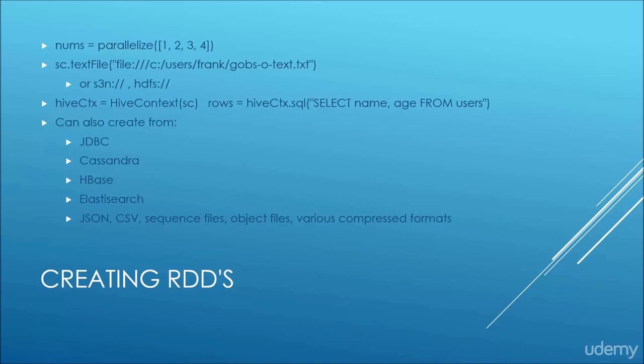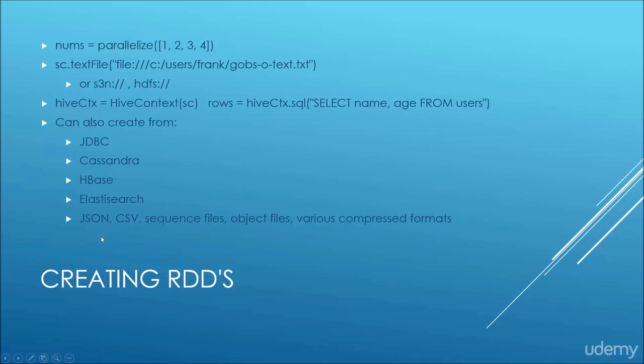Hive is basically another thing that runs on top of Hadoop that is for data warehousing. And you can also create RDDs from things like JDBC. You can tie it directly to any SQL database that has a JDBC or ODBC interface. You can also use popular NoSQL databases like Cassandra. And it has interfaces for things like HBase and Elasticsearch and a lot of other things that are always growing all the time. Basically, any data format that you can access from Python or from Java, depending on what language you're using, you can access